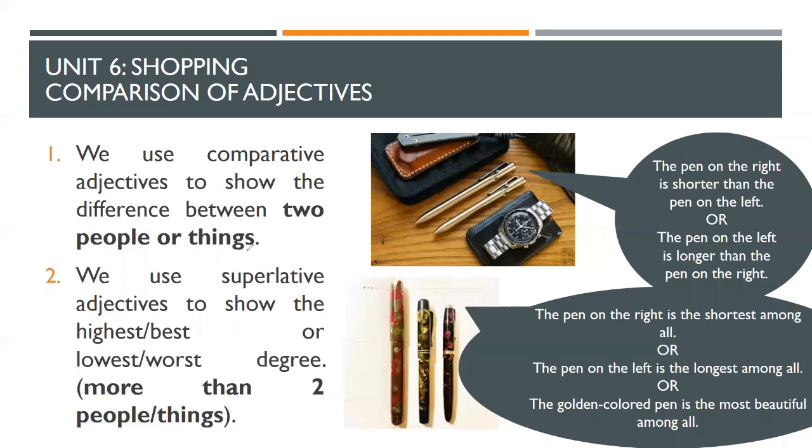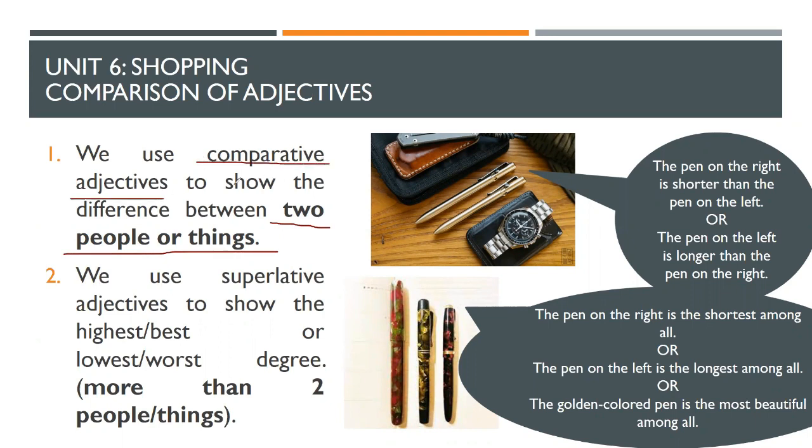The next one in Unit 6 is about shopping. In shopping, you have comparison of adjectives. I believe that there are two types of comparison of adjectives that you need to understand. When it comes to comparing two people or two things,